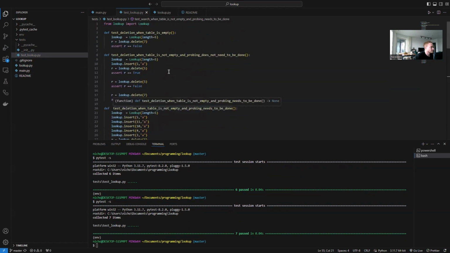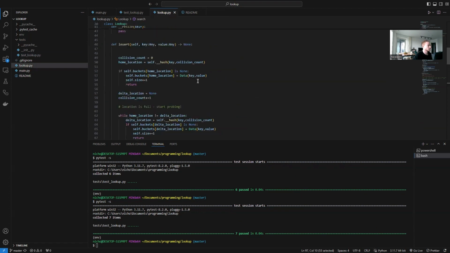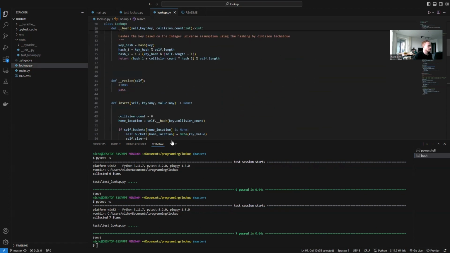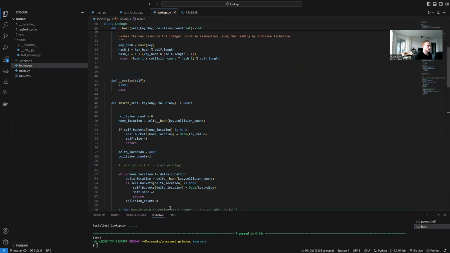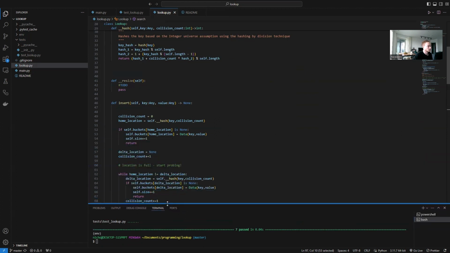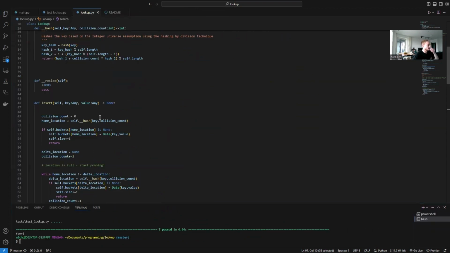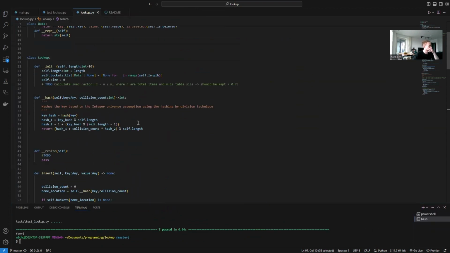But okay, I'm gonna do a simple resizing implementation at the moment. So I think the way I'm gonna do this,